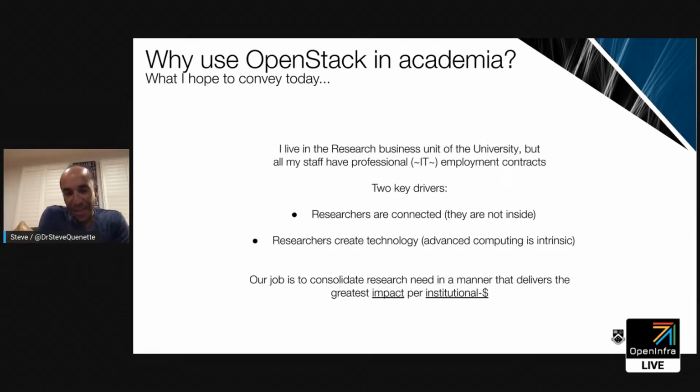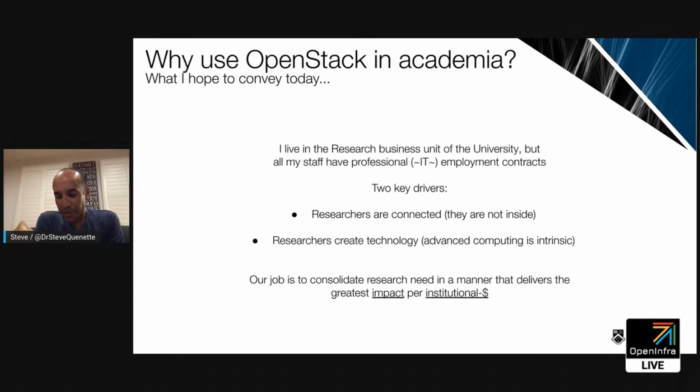I guess the question we've been asked is why use OpenStack in academia? And I thought perhaps the one thing I could do amongst my peers here is ask the question: what's the value of OpenStack to a university? For all those at a university, they're complicated places. I could answer simply and say, I'm a cloud builder, I run a facility, and so on and so forth. But what I want to convey through these slides is something about the complexity of universities and academia, and why that makes sovereignty over digital things really important.